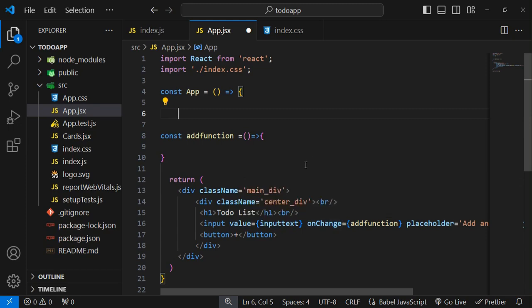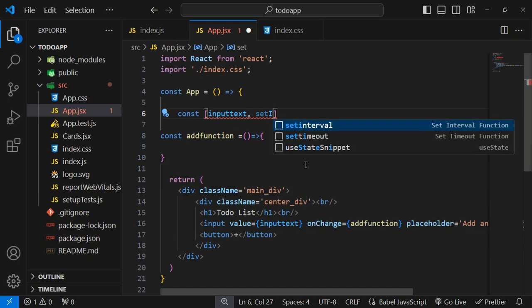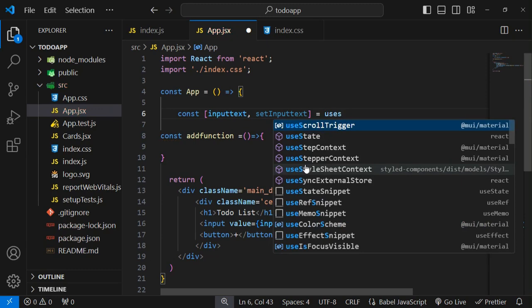So here I am going to take const input text, comma, here I have to type set input text is equal to useState